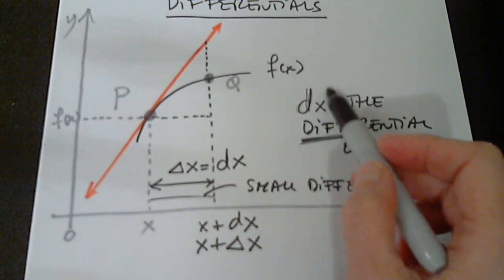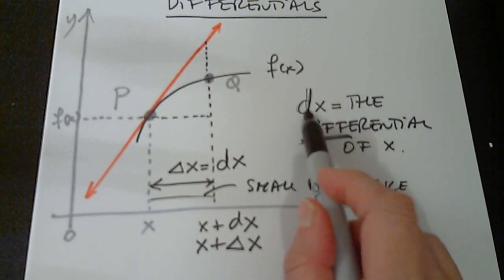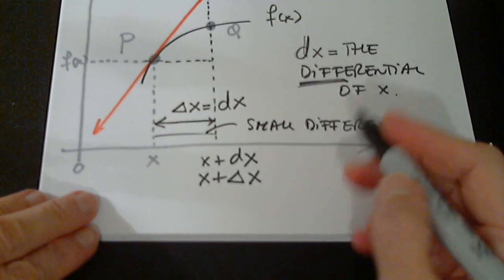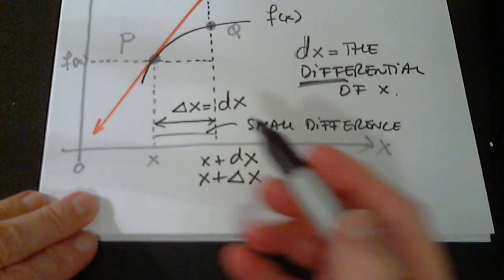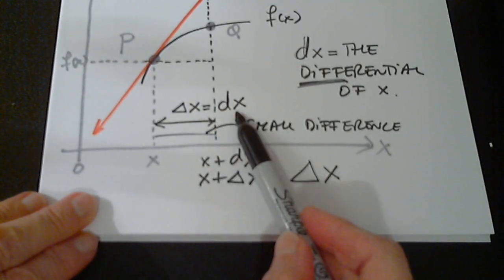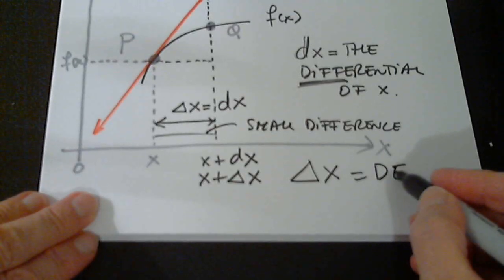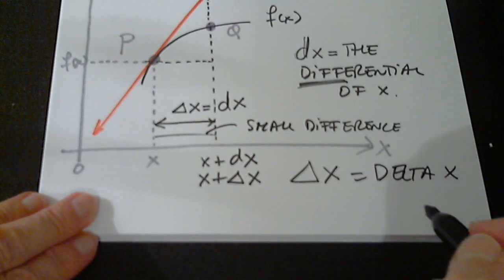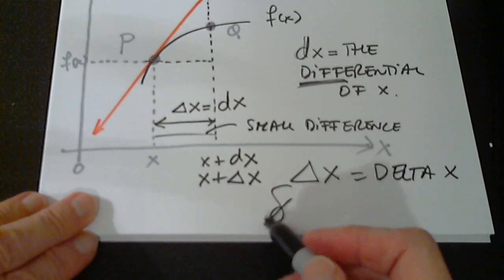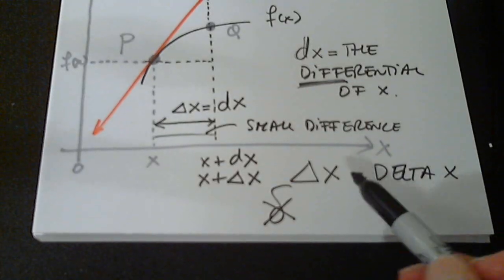But remember, because of the notation and because it's called differential of x, it has something to do with the derivative. Now, what about this delta x? What is this delta x? They are the same. It's also a small difference, right? It's equal to dx. It's a small difference, but this is called delta x. This is the uppercase delta. This is the lowercase delta. We don't use this in this class. I do in other classes. Okay, so delta x